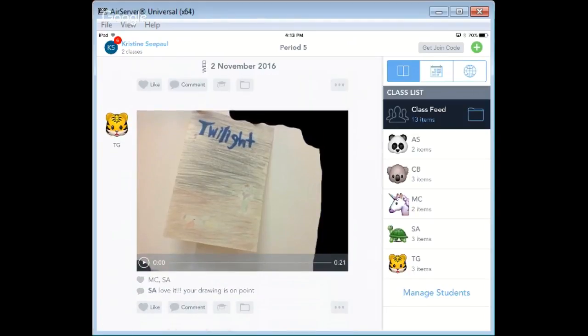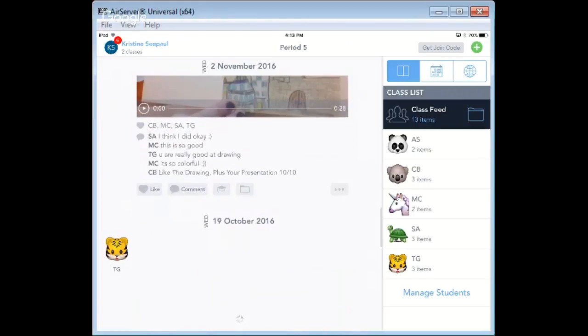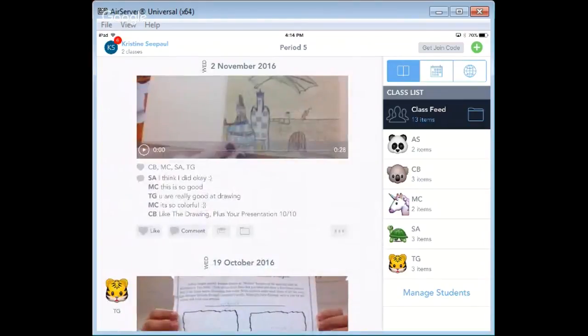If you notice, this one has some blacked out stuff on the edges, and I went back and I blacked out the kids' faces if they showed, you know, for privacy reasons. So I will play one of these for you so you can hear.